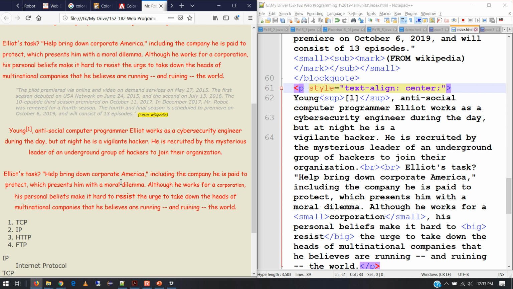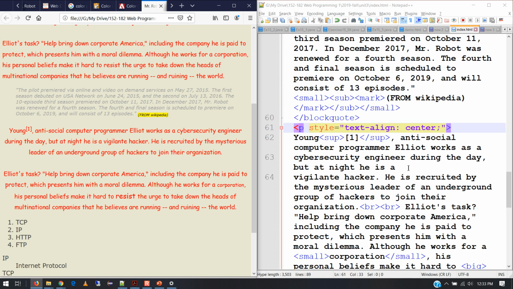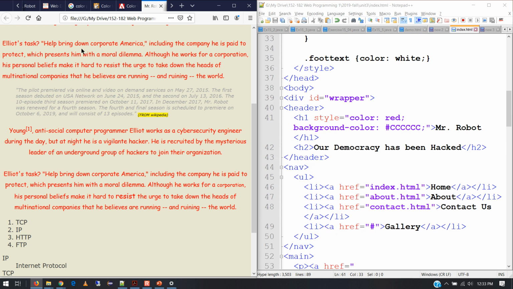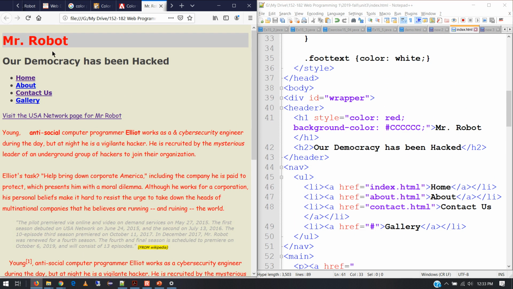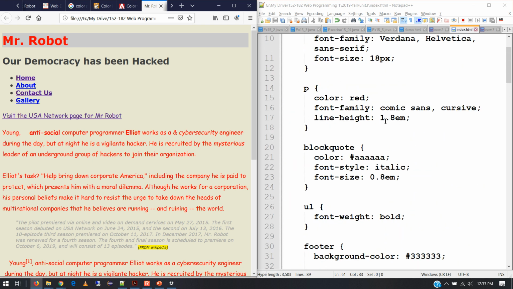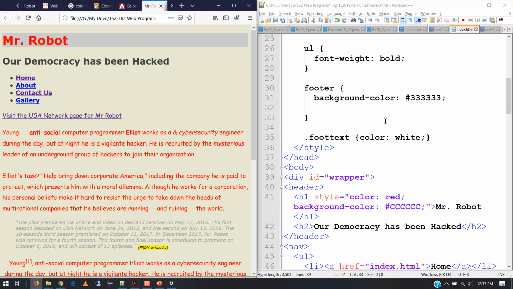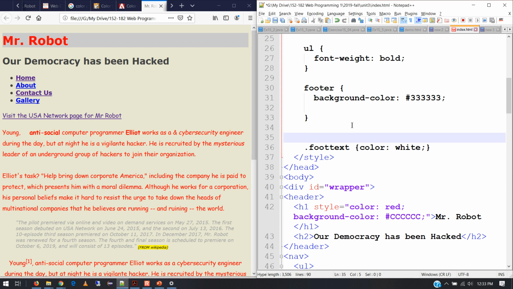This can be a very useful thing. So you can use it to align your text in the center of the screen. Maybe that's not really the best one to align center, but that's an example of inline. Maybe the best one to align center maybe is a title, right? That I can do right up here because don't I have an H1 style up here? Hey, I don't. So why don't I put one up here? Let's put in an H1,